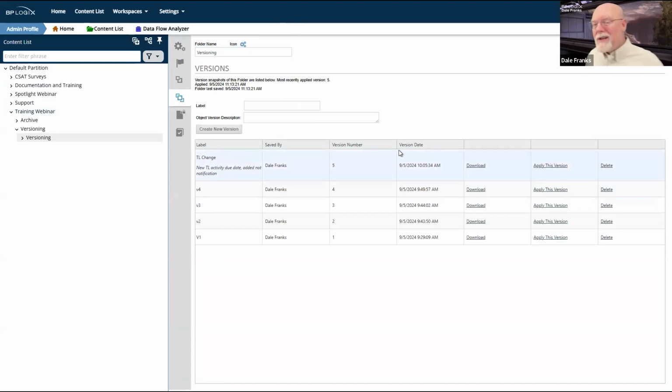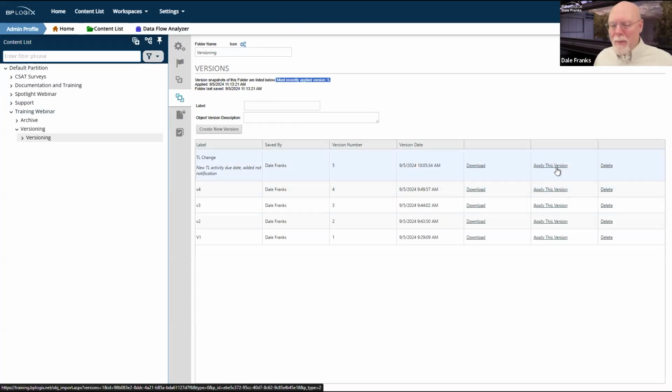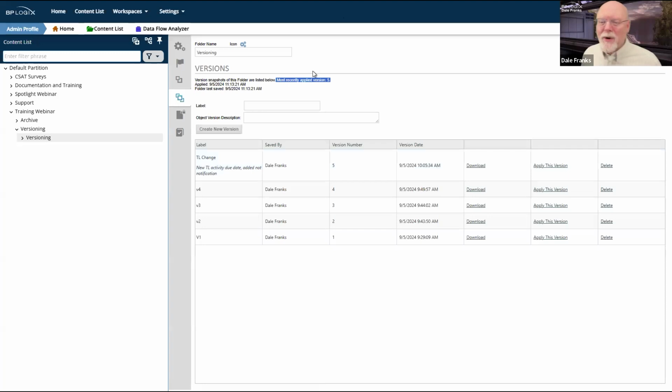So when you make a new version, to avoid confusion, because this does get confusing if you don't know exactly what it means, just go ahead and apply the new version. Now I'm on version 5. It says version 5 is the most recently applied new version. Look, my numbers are even the same on my date and time bits. They're exactly the same. Great. This will reduce confusion. I'm now running in version 5.